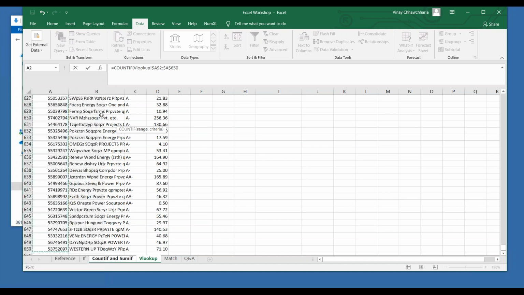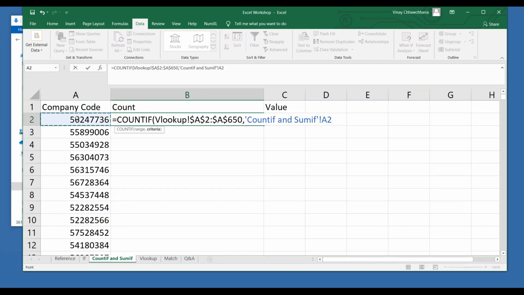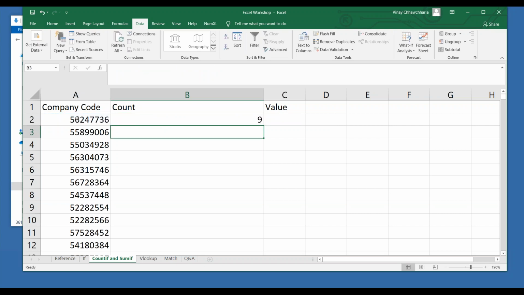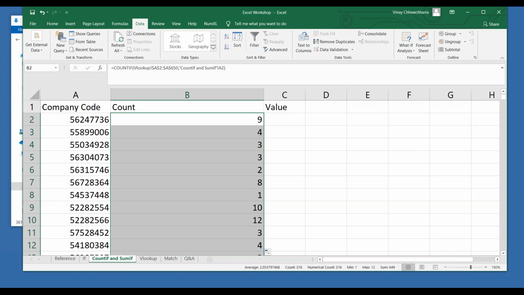I have selected the range. I am pressing F4 for freezing the range, comma. Where is my criteria? My criteria is in the COUNTIF SUMIF sheet. This is my criteria because it will change as I drag the formula, so I'm not freezing anything. Bracket close, enter. You get the answer. You can just double click.